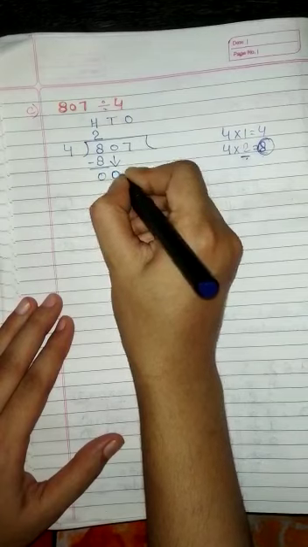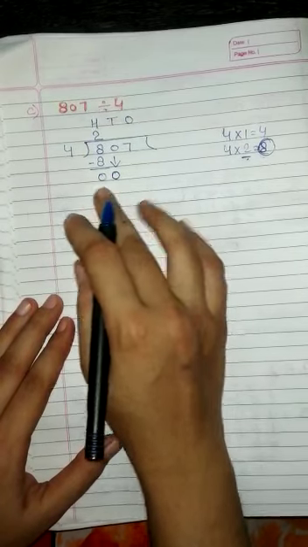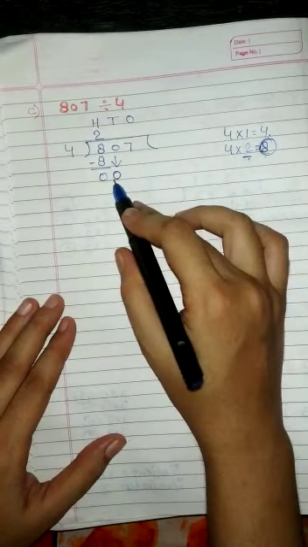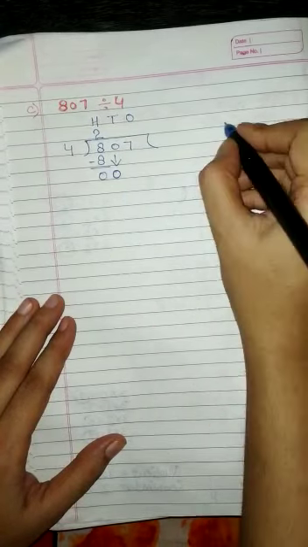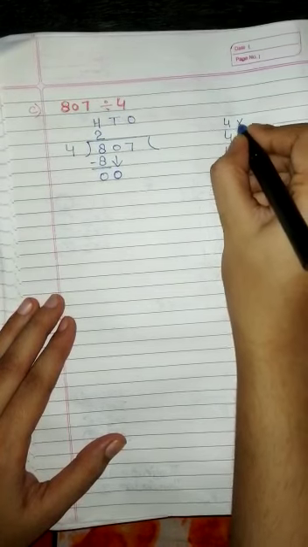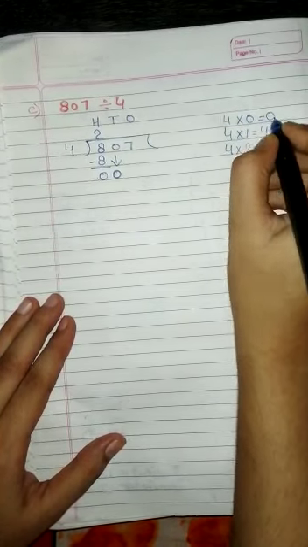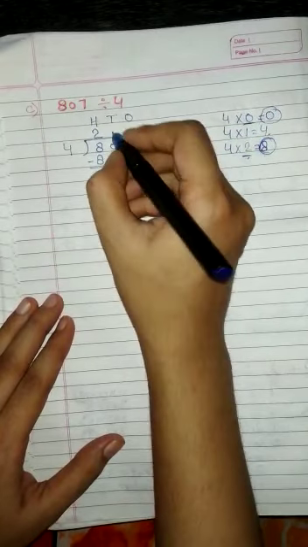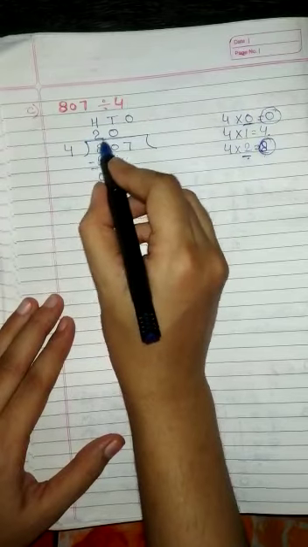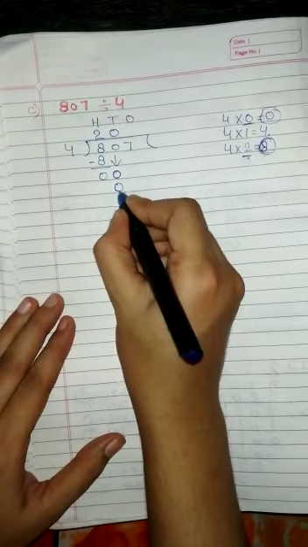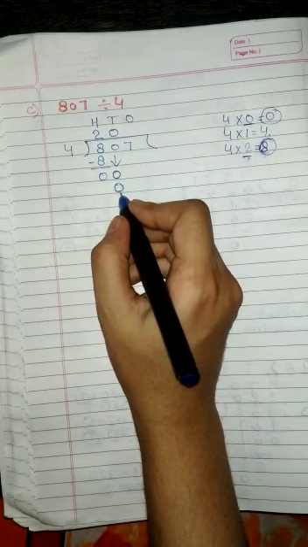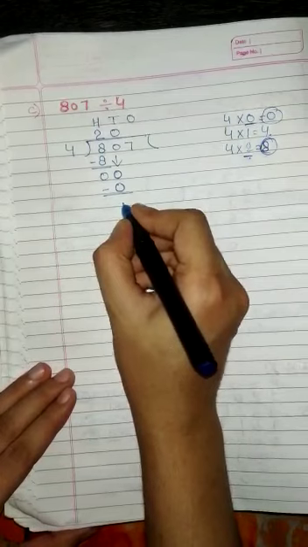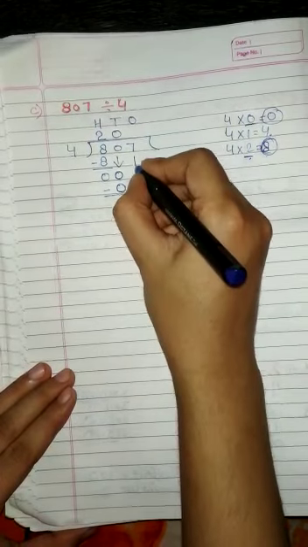Now we'll bring down the next digit, that is 0. Now let's read out the table of divisor again. 4 1s are 4. 4 is greater than 0. 4 तो 0 से बड़ा है. So what we'll do, we'll take 0 times. 4 0s are 0. 0 कितने टाइम्स आ रहे हैं, 0 टाइम्स. So we'll write 0 here. 4 multiplied by 0, 4 0s are 0. When we multiply any number with 0, the result is always 0. Let's subtract 0 minus 0 is 0.